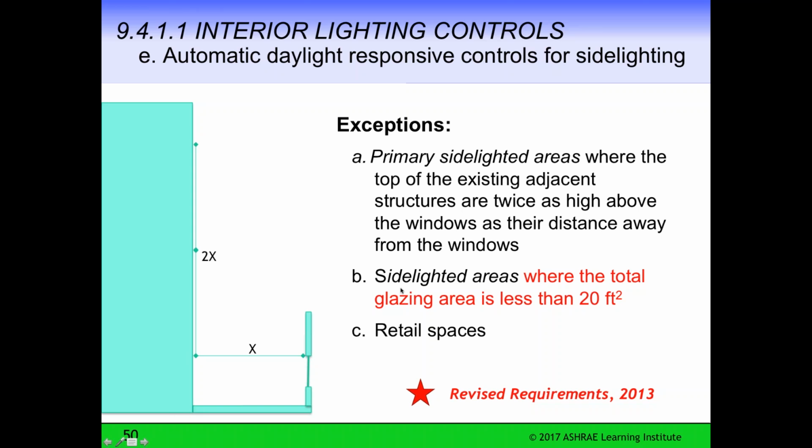The second exception is where the total glazing area in the space is less than 20 square feet. Total glazing area. So it's a pretty small glazing area as a limit. And then all retail spaces are exempted from the side lighting controls.